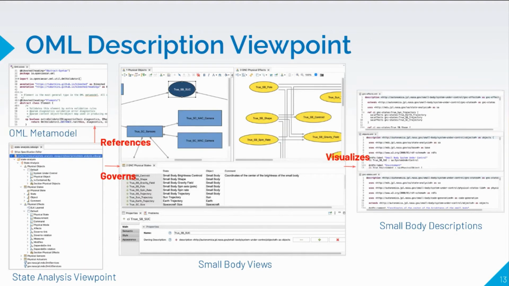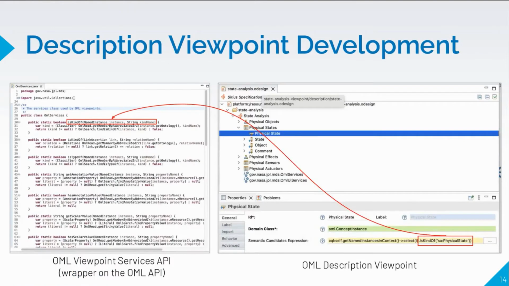And in this case, here is a table, a diagram that allows you to describe the objects. Then this table allows you to describe the states. And then this diagram allows you to say which state affects which other state. This way, the toolsmith of the methodology has full control on which exact statements can be expressed in which kind of model. And the result, of course, will become OML description models.